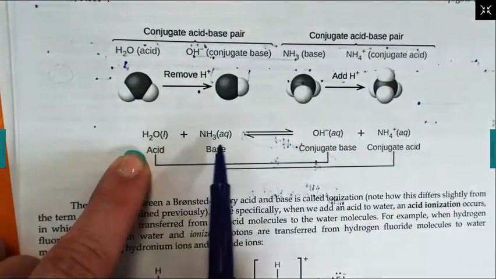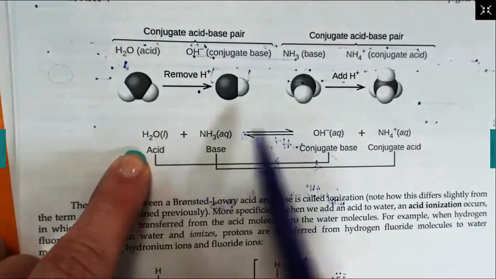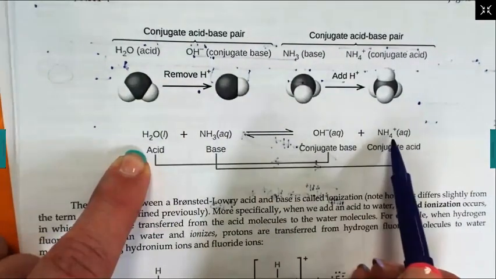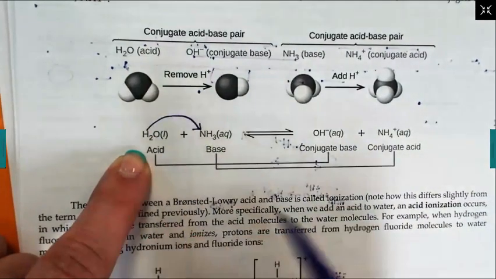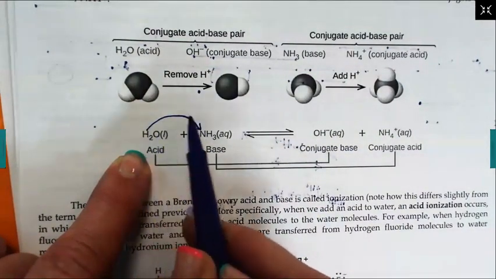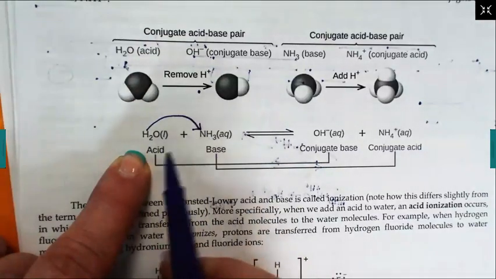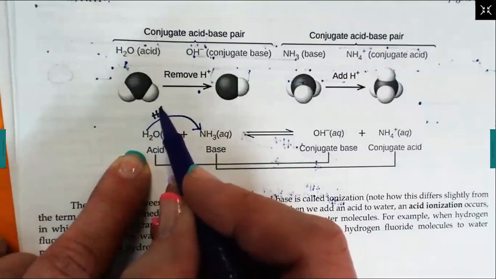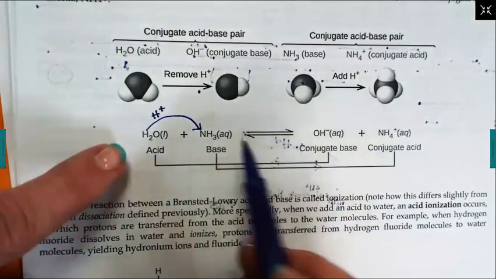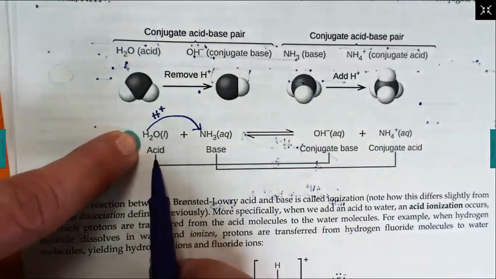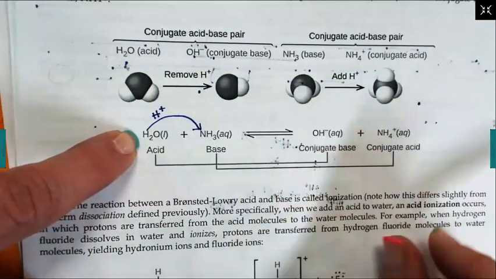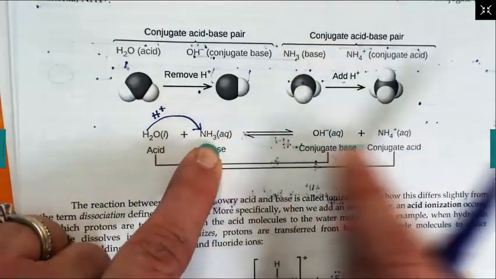Our conjugate base of the water as an acid. How do I know the water was an acid? How did NH3 go from here to that? It would have had to have gained a hydrogen. Where did it get it from? The water gave it to them. So the water gave ammonia a hydrogen. So acid is the proton donor. The base is the proton acceptor. Well, what's left after it has lost a hydrogen looks like that. And what does this look like after it accepts the hydrogen? It looks like that.